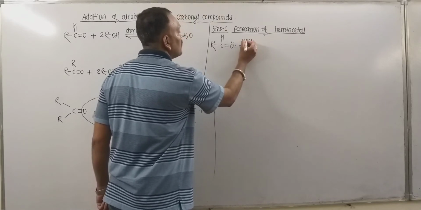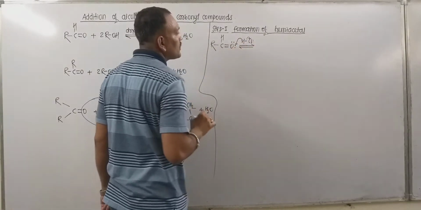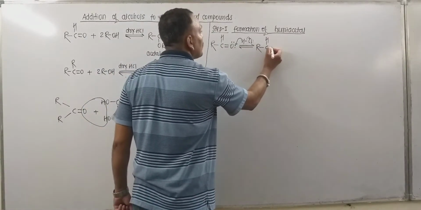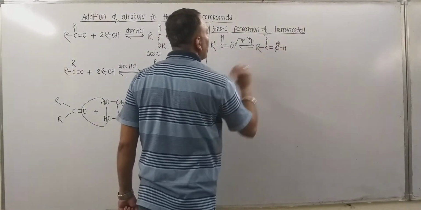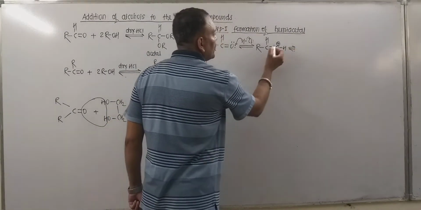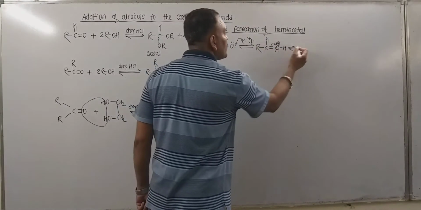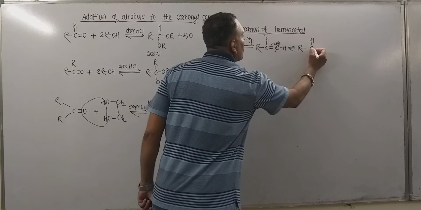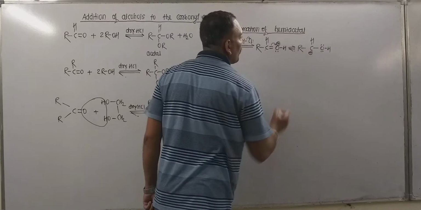Protonation takes place. Now we know very well oxygen is more electronegative. So the proton attacks the electron rich oxygen, and that leads to the formation of an intermediate which may be represented as. Now we know very well that oxygen is electronegative, thus the electron pair gets attracted like this, and carbon bears positive charge. So this leads to the formation of an intermediate which can be given as, now carbon has positive charge.